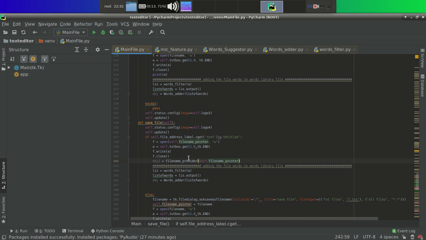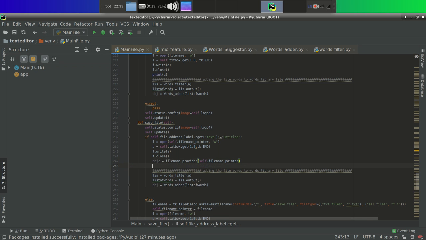So we have provided the name of the file. Let's verify first.